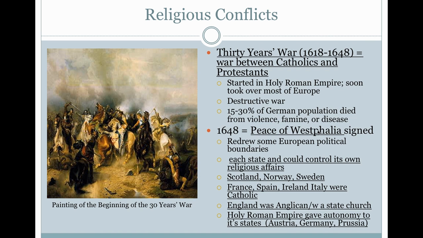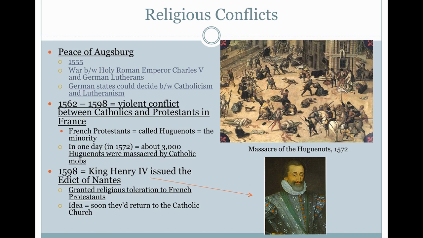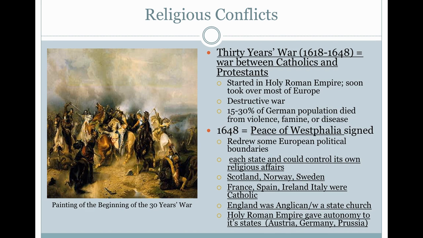The Thirty Years' War took place in the Holy Roman Empire later on, right? Even though there was that peace treaty, 1618 to 1648, about 100 years later. It begins in the Holy Roman Empire, but it envelops most of Europe. And it's very destructive all over Europe, mostly because soldiers of the empire went in and pretty much initiated atrocities in civilian communities. About 30% of the German population died from violence and famine.